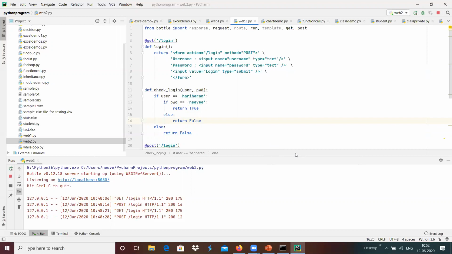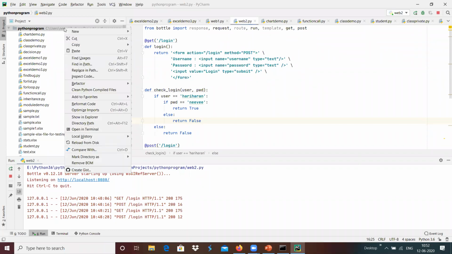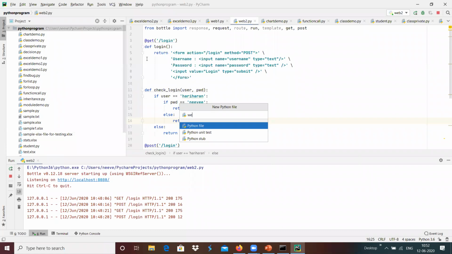For example, I have the option to read a file, and we have to provide that particular file. We can do that with the help of, for example, I'm going to create another sample, a new Python web3.py over here.